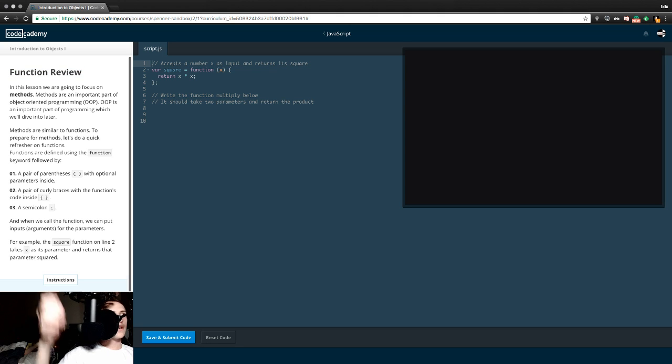In this lesson, we are going to focus on methods. Methods are an important part of object-oriented programming, OOP, which we'll dive into later. Methods are similar to functions. Before we prepare for methods, let's do a quick refresher of functions. Functions are defined using the function keyword, followed by